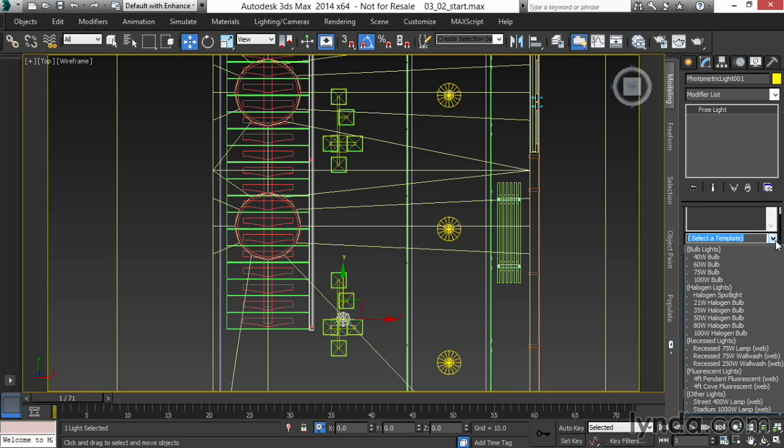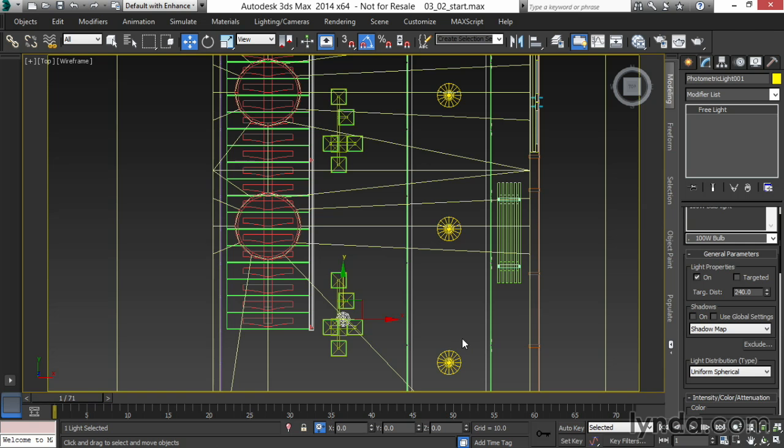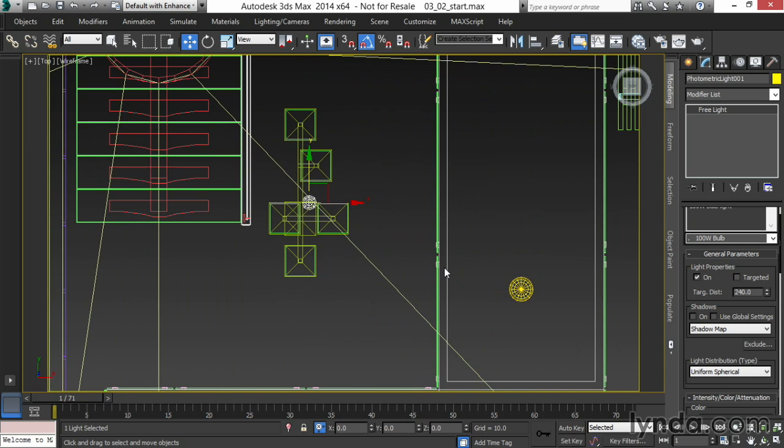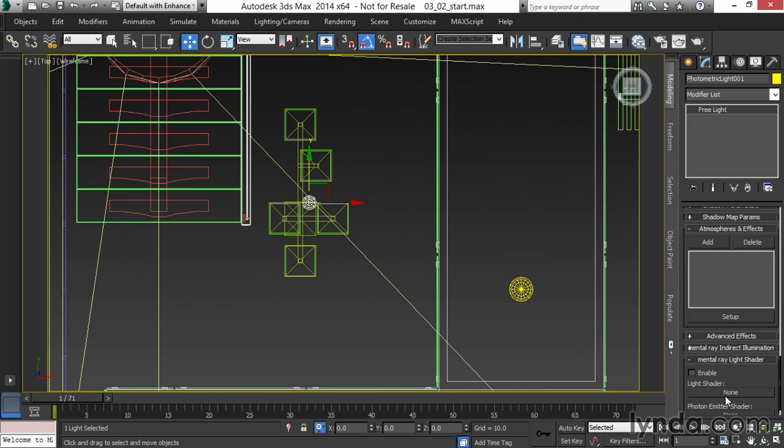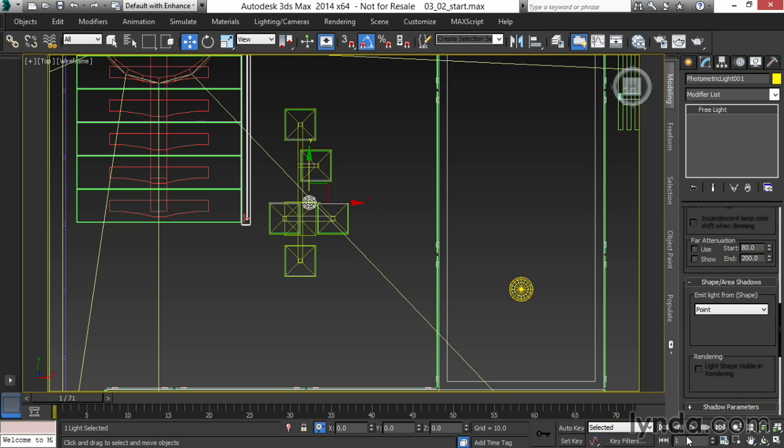None of these bulbs will really do justice to the chandelier, but what we're after is simply the light color. I'm going to put it in as a 100-watt bulb, and then I'll zoom in and change its distribution. Instead of uniform spherical, I'm going to drop down and pick Uniform Diffuse. Now in that Shape and Area Shadows section, I'm going to change this over, again from a point into a